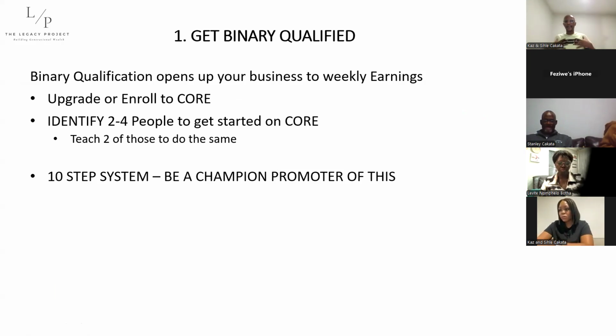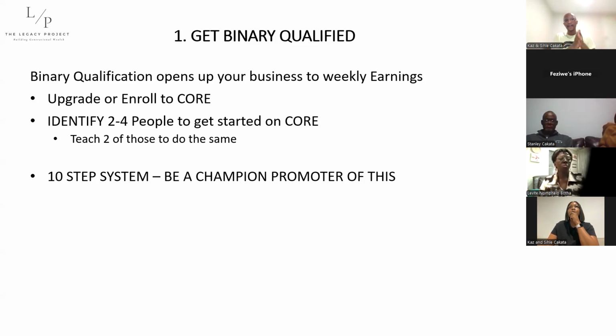What I mean by that is you've got started yourself, whether it's on the starter pack or on the core pack, but I really want us to start focusing on the core pack. The core pack is the 90 patches or the 3 sleeves that we have. When you get started on the core pack or you upgrade to the core pack, the level of conversations you're having with people is, hey, listen, you need to get started on the core pack because here's what the core pack can do for you. You have your own patches, and you can have patches to on-sell to other people and to sample out to other people. Now you have your own core pack.